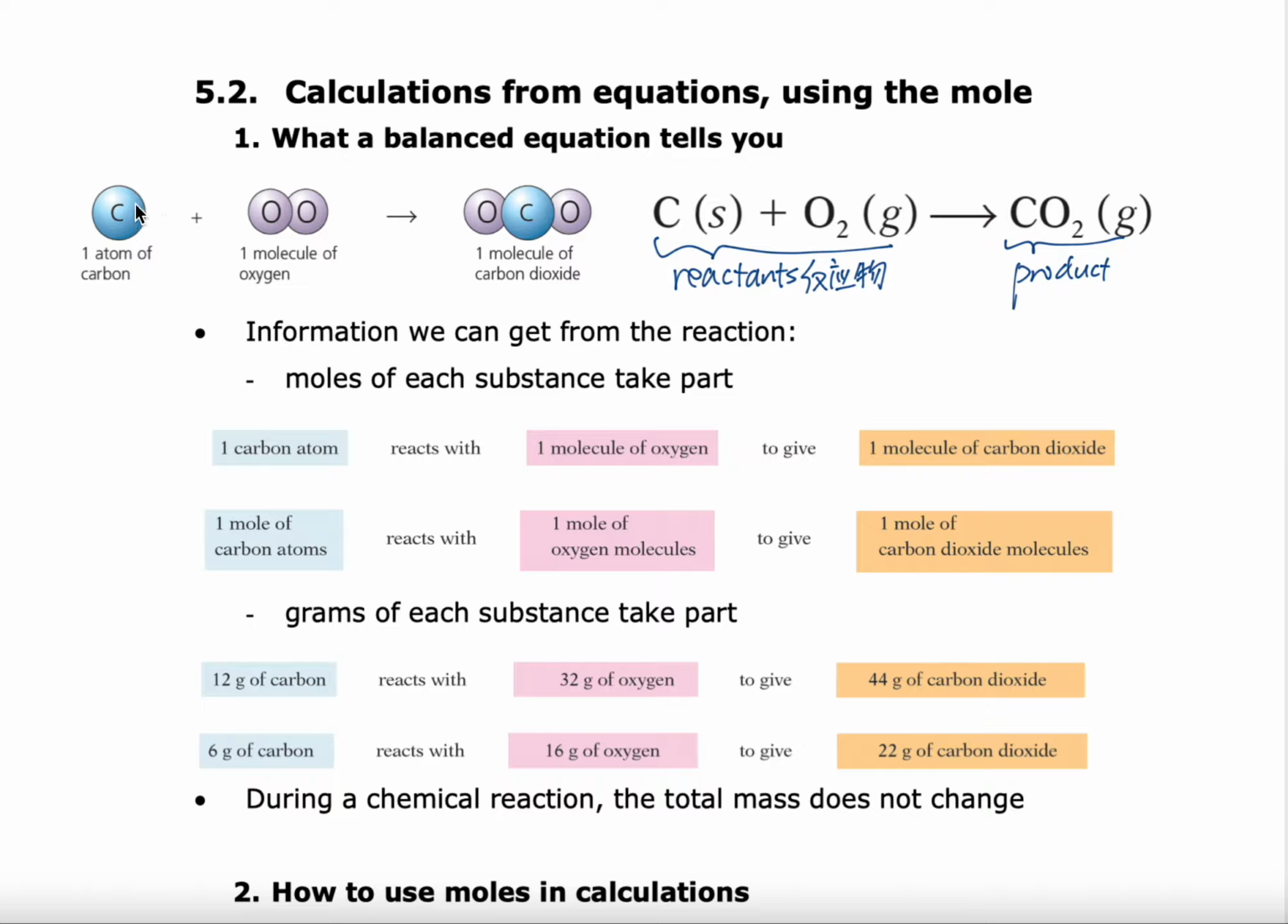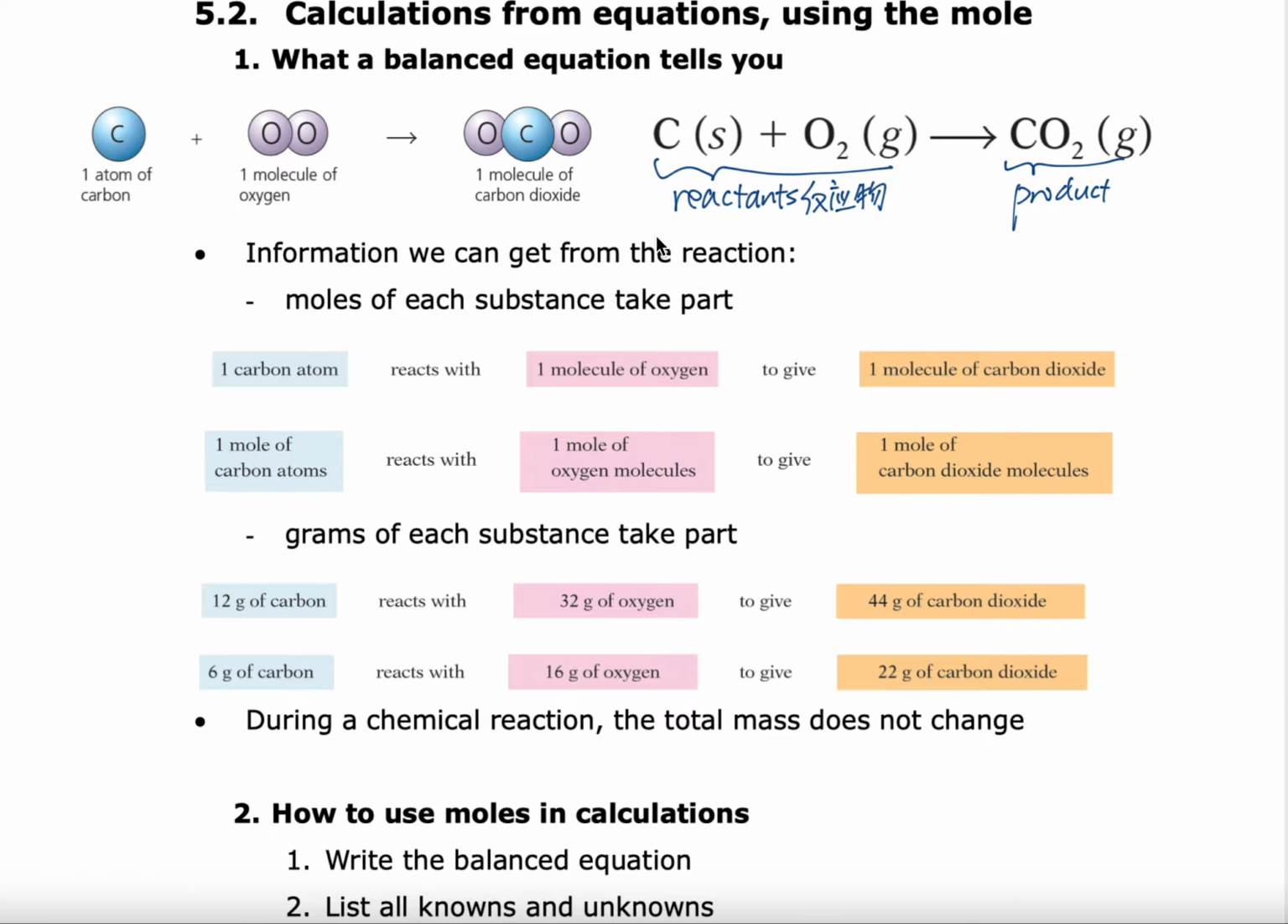On the left, we have 1 carbon and 2 oxygens. Same on the right, we have 1 carbon and 2 oxygens. So, this is what this equation tells you. 1 carbon atom reacts with 1 oxygen molecule to give 1 carbon dioxide molecule. The ratio is 1 to 1 to 1. 它的比例是1比1比1。它的比例就是前面的系数比。